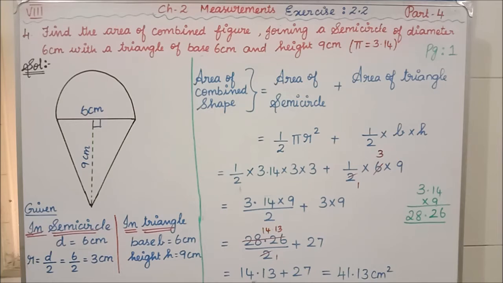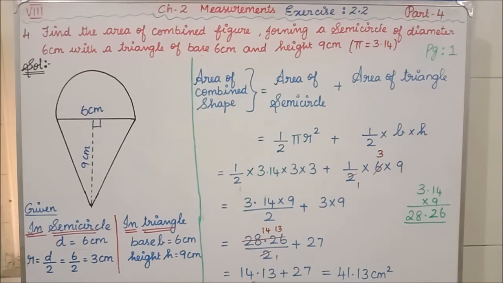The perimeter is the sum of all the lengths of the sides that form a closed boundary, which means you have to add all the lengths of the sides. Then, what is the area of combined shapes we have learned? We have to split the combined shapes into known similar shapes, find the area of each separately, and then add both values. We learnt this in the previous session.